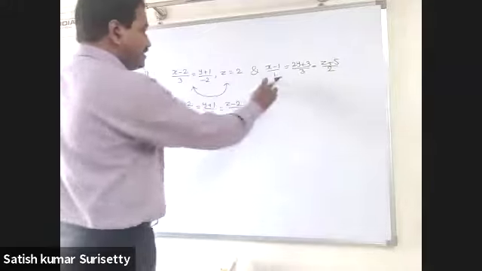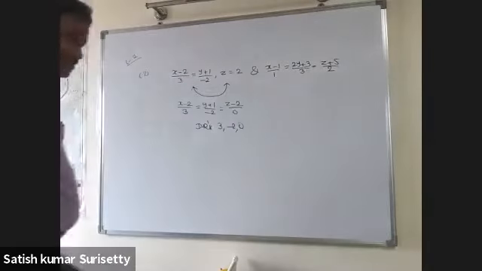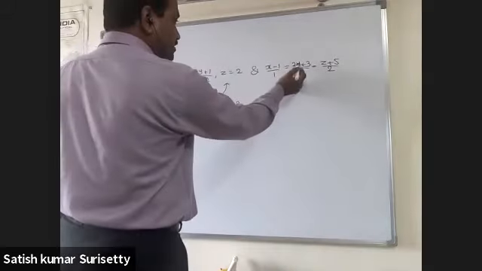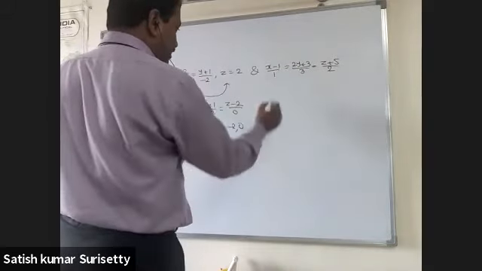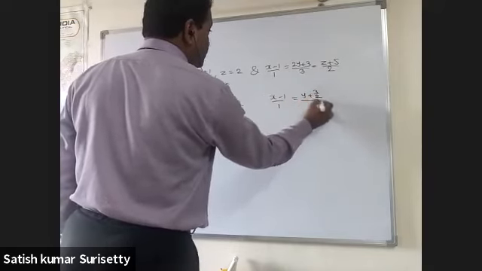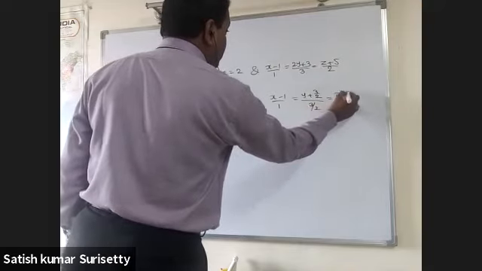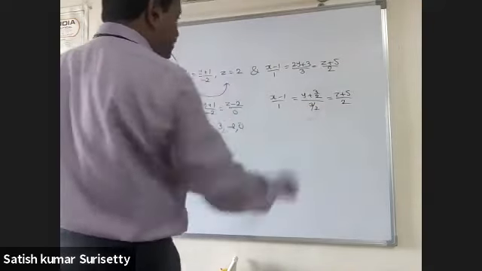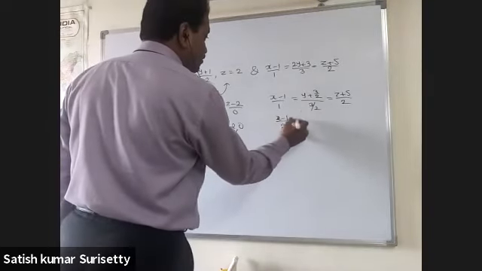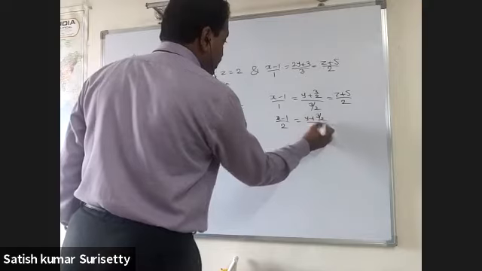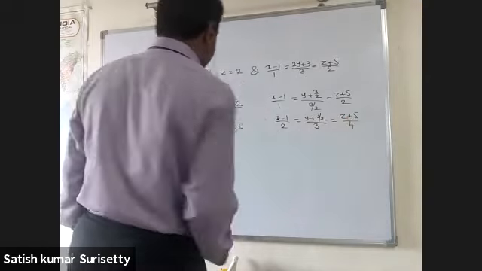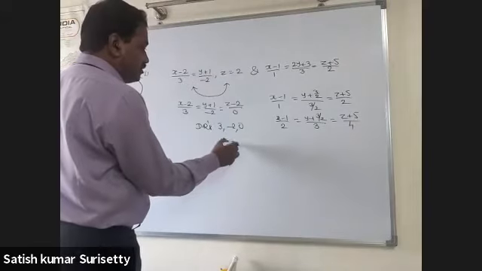Now, in this, can I take the direction ratios as 1, 3, 2? No, because the y coefficient is not 1. So take 2 common and take it to the denominator. That means x minus 1 upon 1, y plus 3 by 2 upon 3 by 2, z plus 5 by 2. Multiply with 2. Then this will be x minus 1 upon 2, y plus 3 by 2 upon 3, z plus 5 upon 4. So direction ratios are 2, 3, 4.